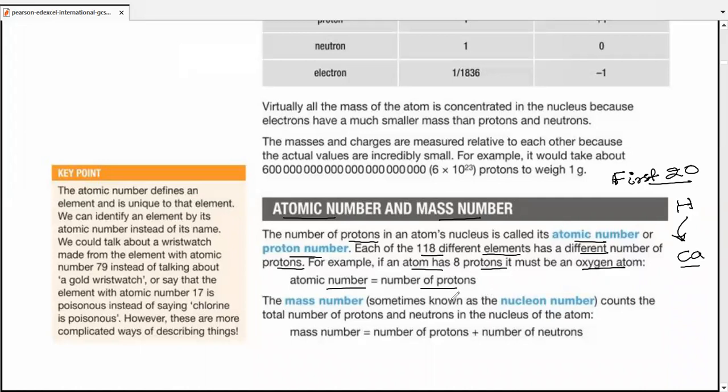But every time referring to the page back and forth takes a lot of time in exams. So we always suggest our students to keep the atomic numbers and mass numbers of the first 20 elements in mind. You don't need to cram them. Actually, frequent usage would make sure that you automatically memorize them. Moving on to the next